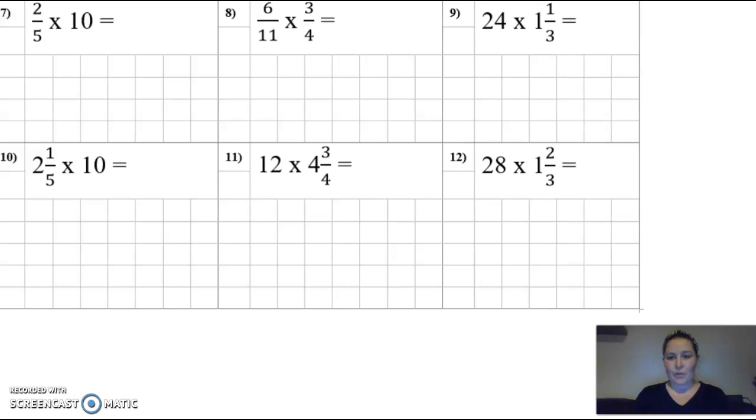Today I'm going through fraction multiplication questions 7 to 12. So let's have a look together. Okay, first one then,